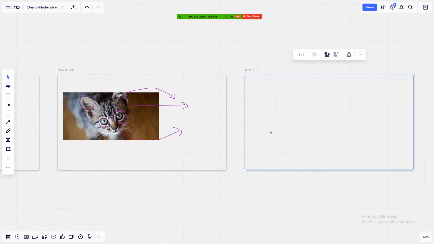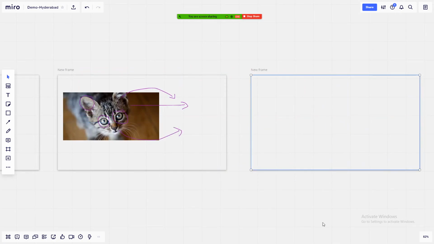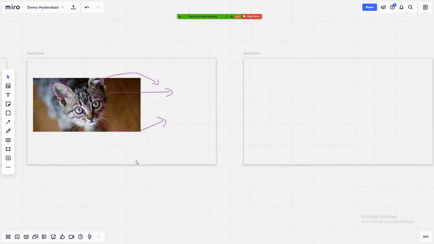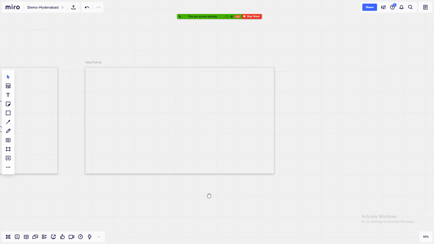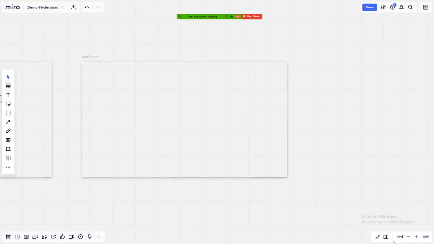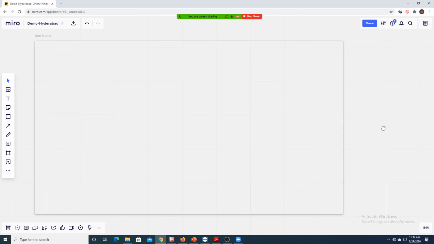All three are used up. Let me go to the fourth frame. I don't want to move the frame. I just want, so let me use this. So let me just move. So please don't hold the frame and then move it, because only that will be moved. So click on the board and then you move the entire thing. And then make it full screen, and then add this frame.